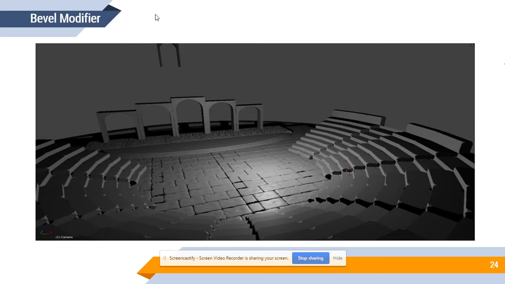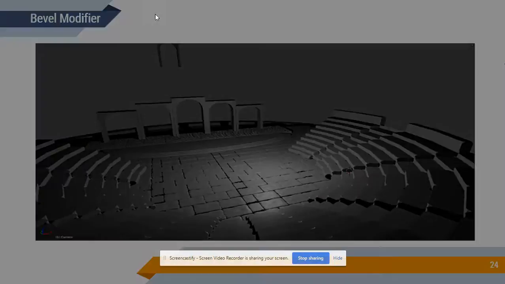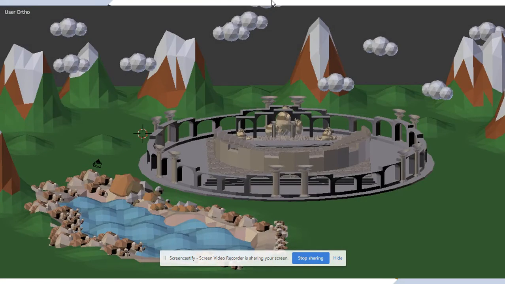So this is how the basic architecture looks, but when it comes to the real image,